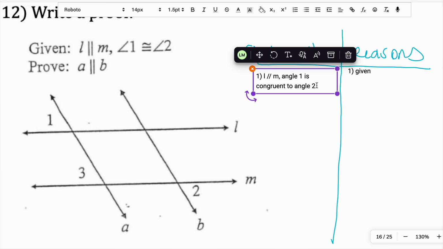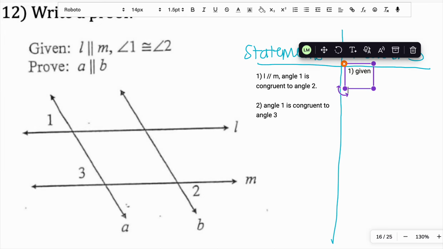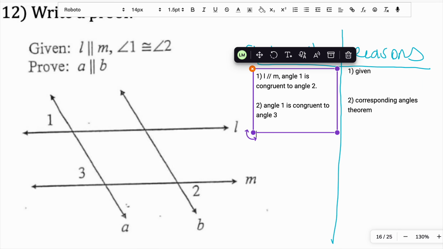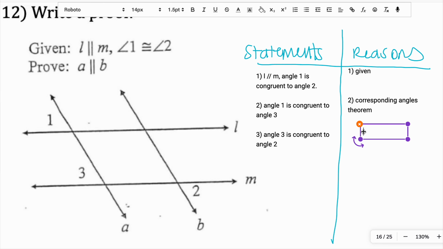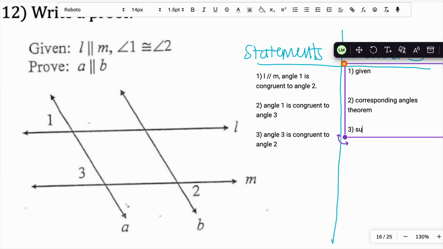Next up, I want to prove that my line A and B is parallel. So because L and M are parallel, I can state that angle 1 is congruent to angle 3, and that is using the corresponding angles theorem. Next, if angle 1 is equal to angle 3, then I can say angle 3 is congruent to angle 2, and that reasoning can be substitution